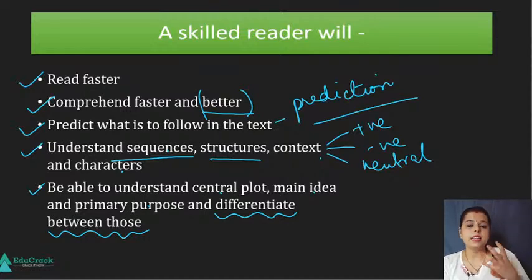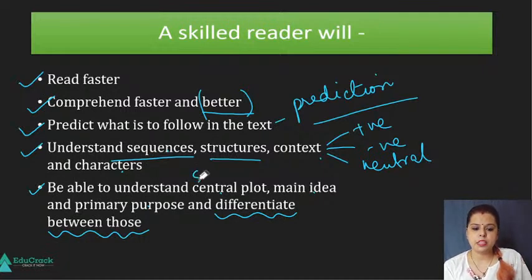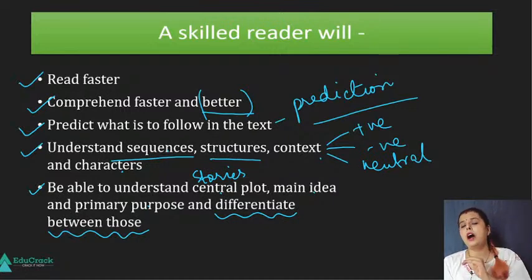Now, central plot is a question type that you'd get majorly when you get narrative passages or descriptive passages or passages which are based on literature or stories, right? So central plot is something which is based on stories or somewhere there is narration, there is some kind of information coming your way which is more personal. So how do we differentiate? Plot is a point around which a story is based. So central plot will be more relevant towards stories or towards those passages which are based on narration or description or